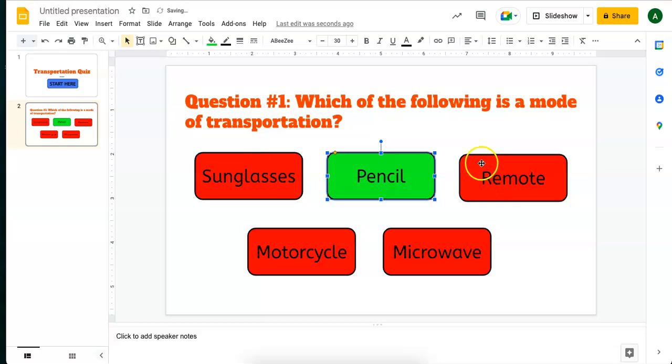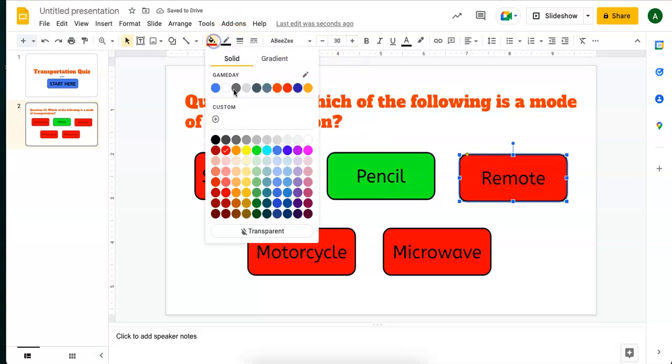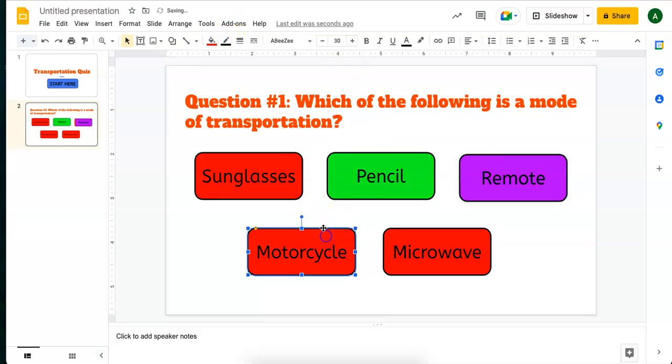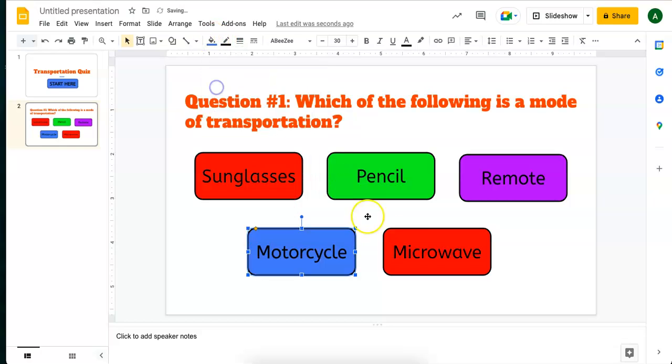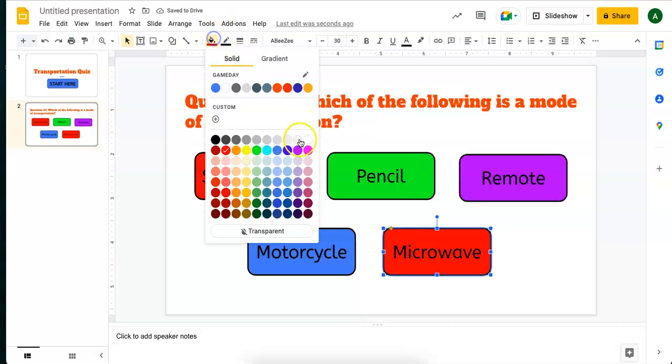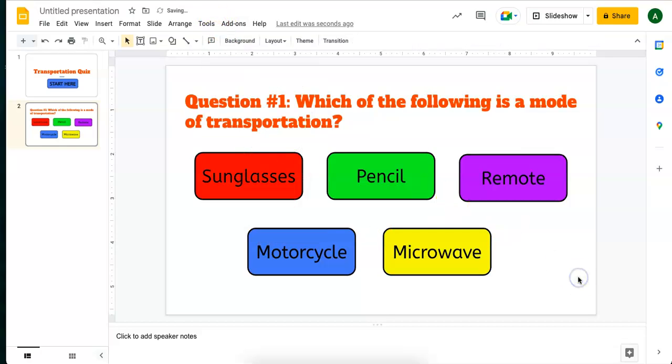So we'll make this one green. Let's make this one purple. We'll make this box blue. And we will make this one yellow. Okay, now that's done. So before we go ahead and link these buttons, we want to go ahead and create